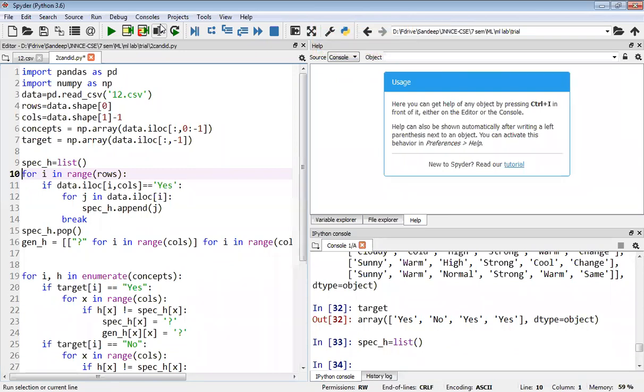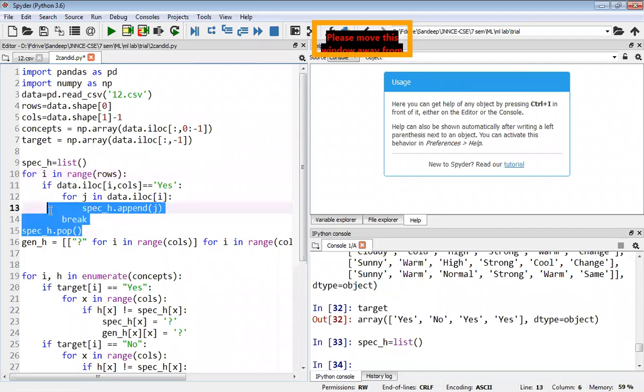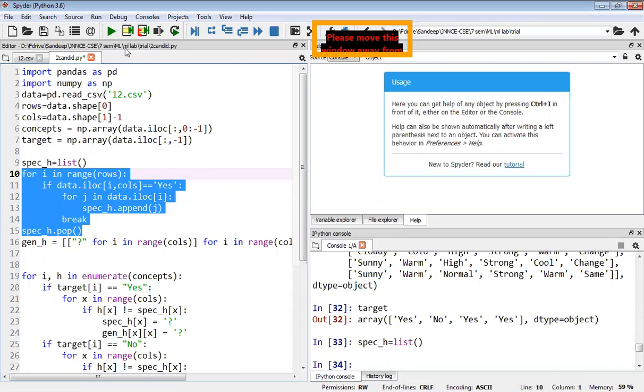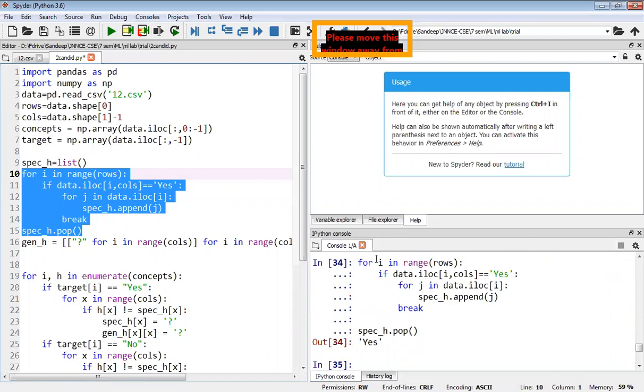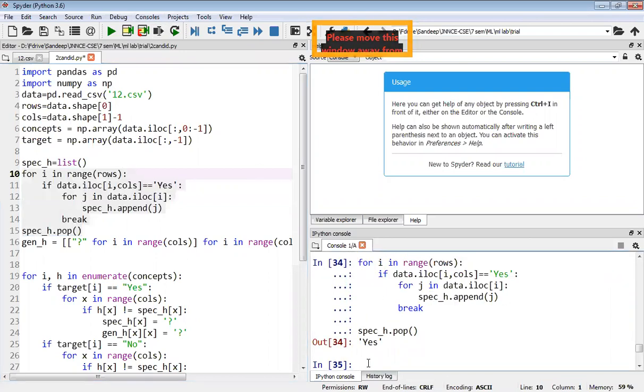I have to initialize this list to the first positive example. I will see the last column value, and if it is yes, then I will append that example to this list. We already did this in the previous Find-S program, and the same thing we are doing here. Now you can see what is in that list.